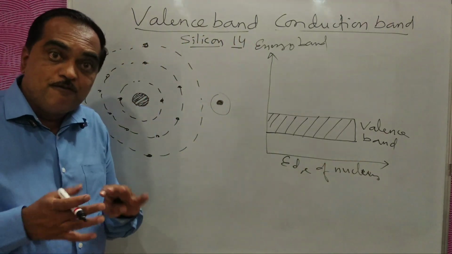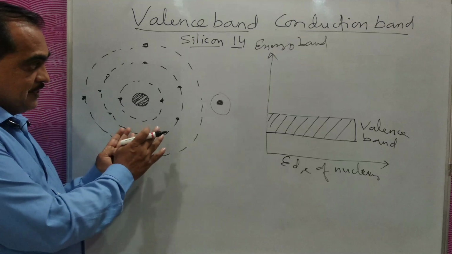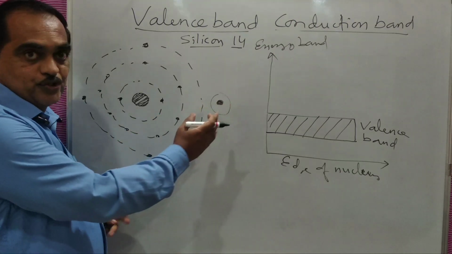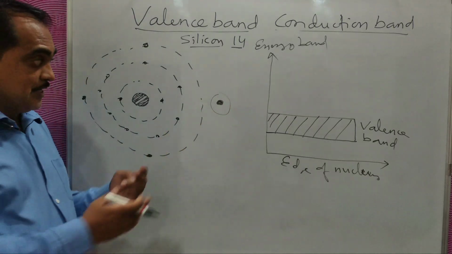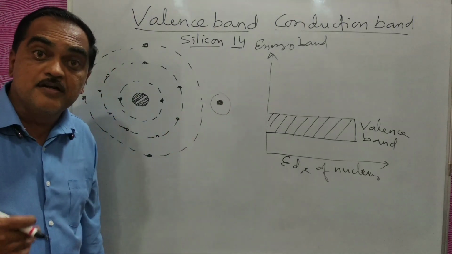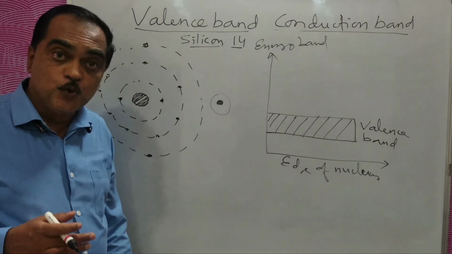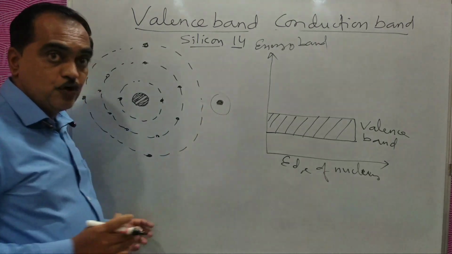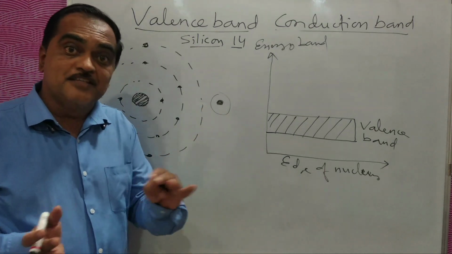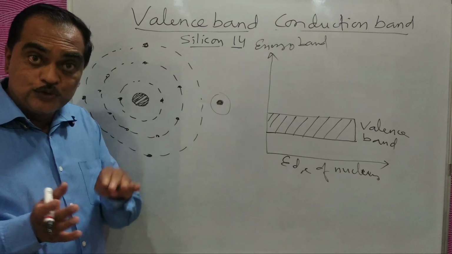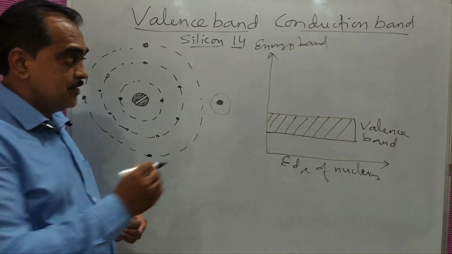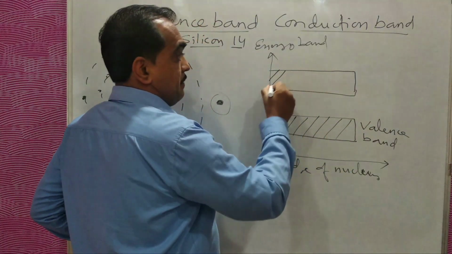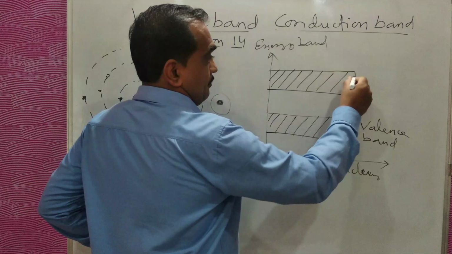Now if you apply any external force, we have seen that you can get 1 electron detached from the atomic structure and it will come out, and it is called a free electron, the electron which is going to help for conduction, which is going to help a current to flow. That means these are free electrons. Now if you have many such atoms, then many such free electrons will come into the picture. Those electrons will have their own energies. Now that energy you can mark as a conduction band.